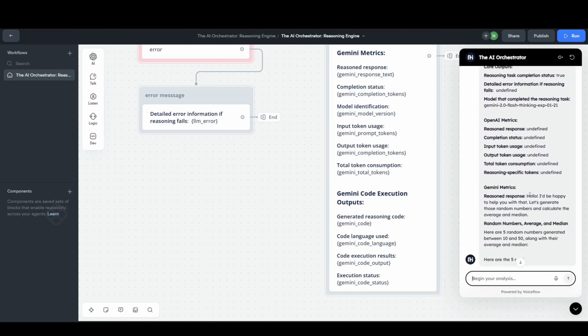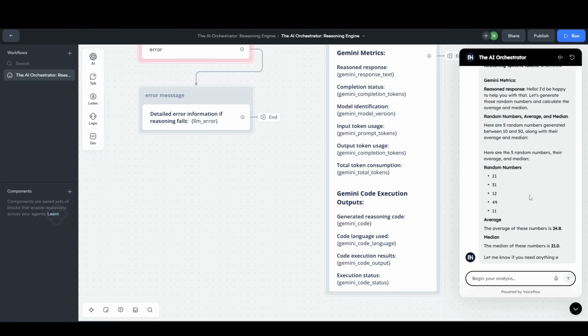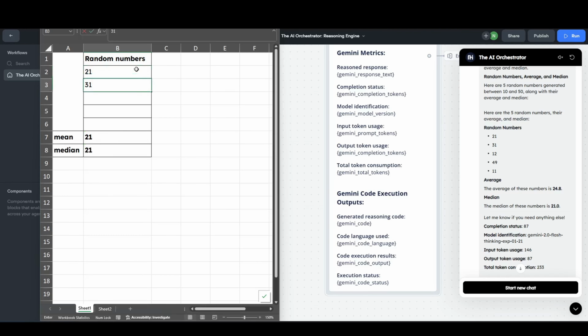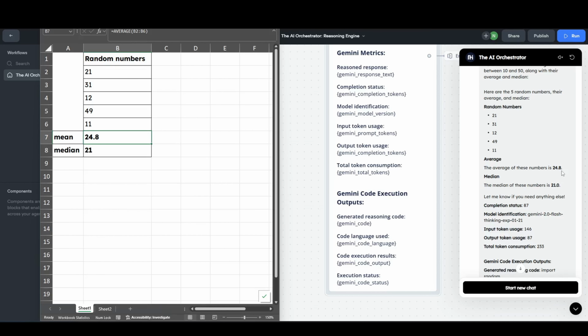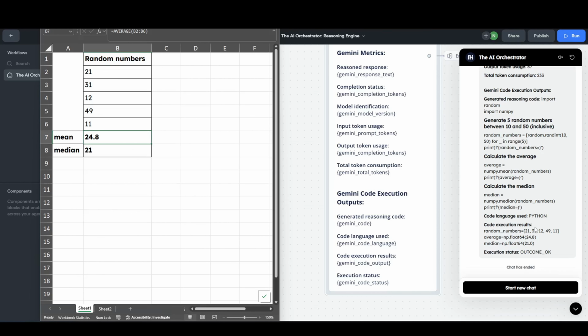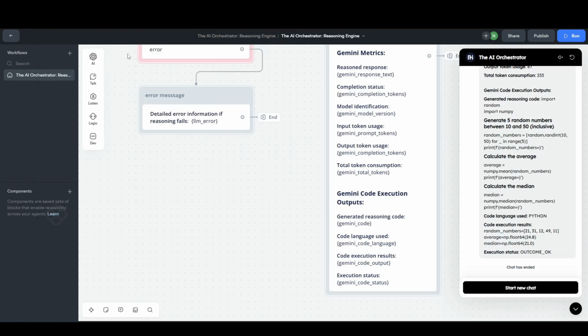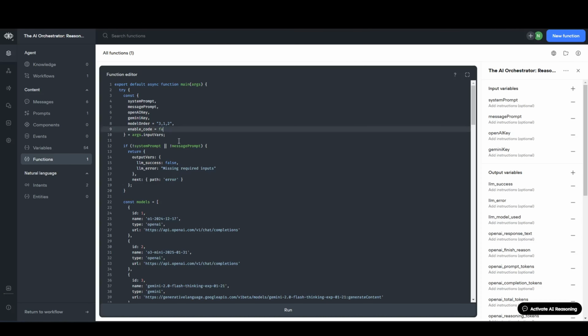The answer really depends on the random numbers that will be generated. You can see that the average is 24.8, and then the median is shown. And this is the Python script that was used, and these are the results from the Python execution. So let's give it a point. The next is to try without code execution.